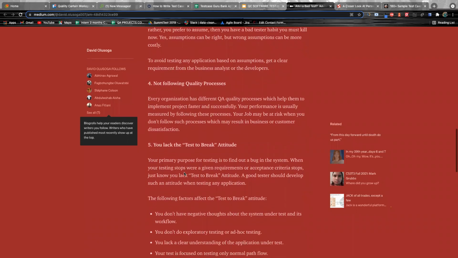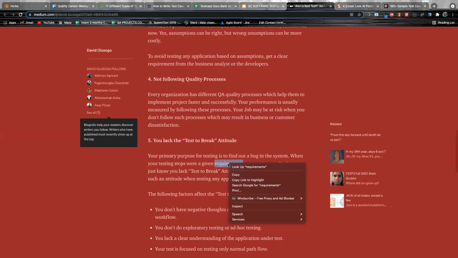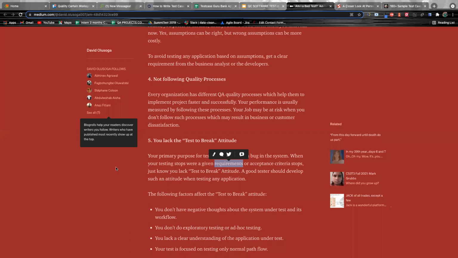Then number 5 says you lack the test-to-break attitude. So it says your primary purpose for testing is to find bugs in a system, which is actually key. And when your testing stops where a given requirement or acceptance criteria stops, just know you lack a test-to-break attitude. A good tester should develop such an attitude